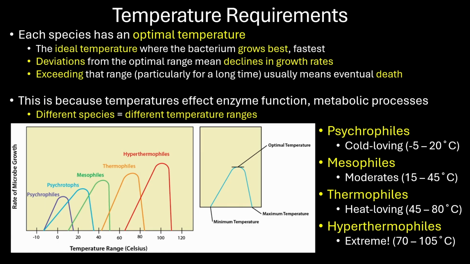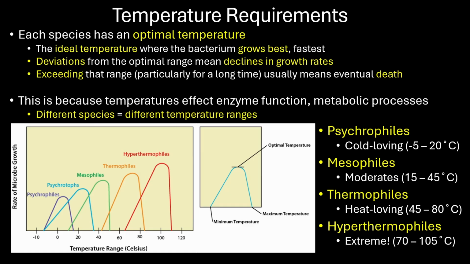Mesophiles are moderates. We are more like a mesophile. The conditions of our environment that we really prefer are kind of within this range. There's a lot of species that are mesophiles where they live between like 15 degrees and 45 degrees Celsius, where 45 is quite hot, and now we're looking at over 100 degrees Fahrenheit. Okay,